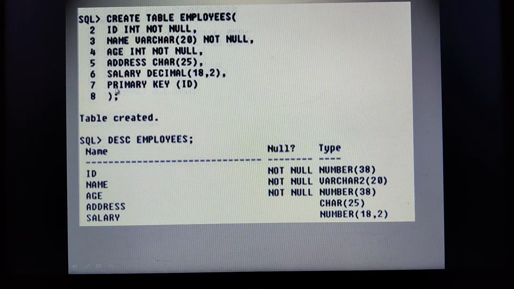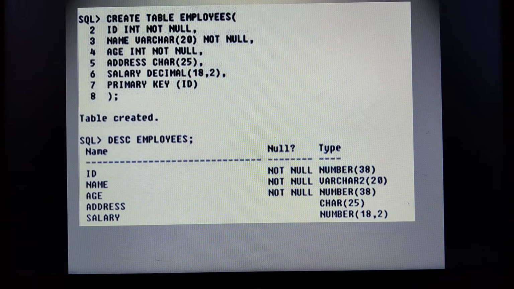Then after that, when you type this query, every query, as we know, should terminate with a semicolon. Once it is terminated with a semicolon and when you press enter, then you will get the message as table created. Now once you create your table, I need to see the structure of the table. What was the table name and which were the columns I have included.